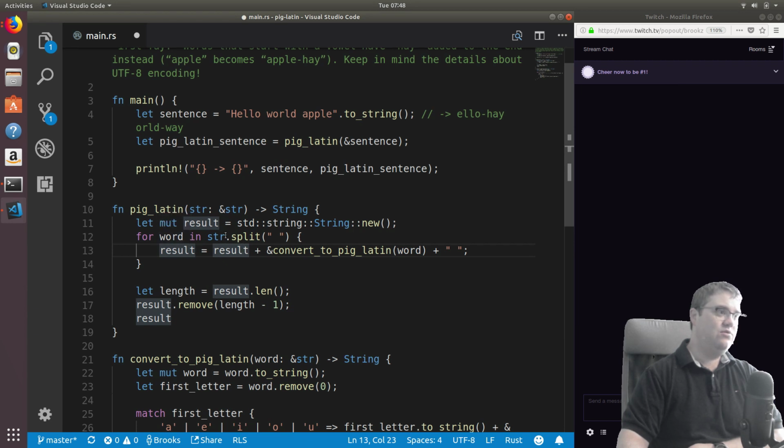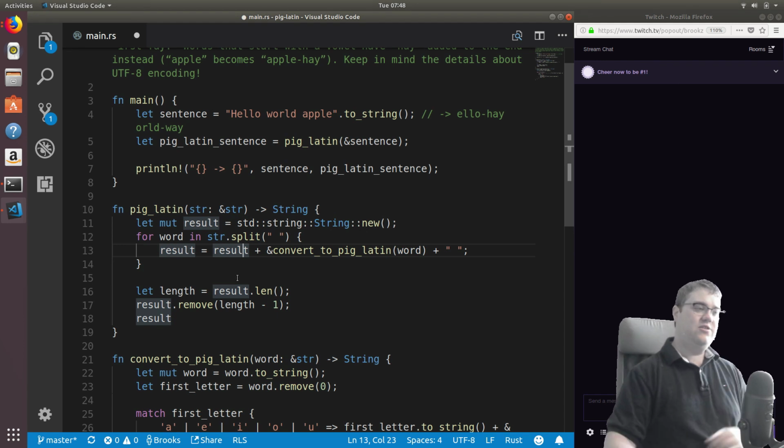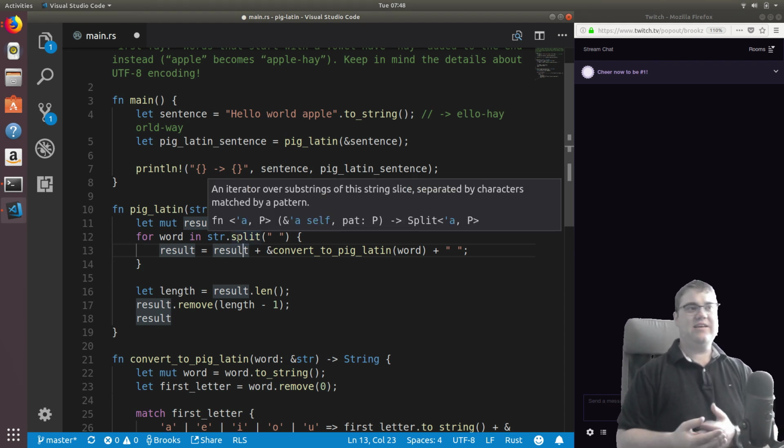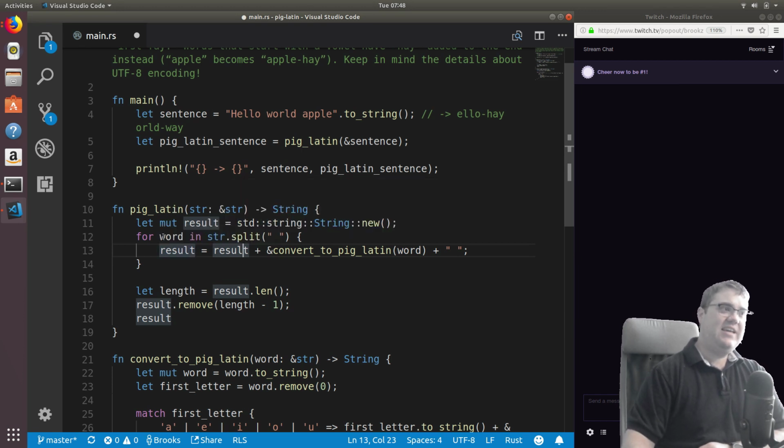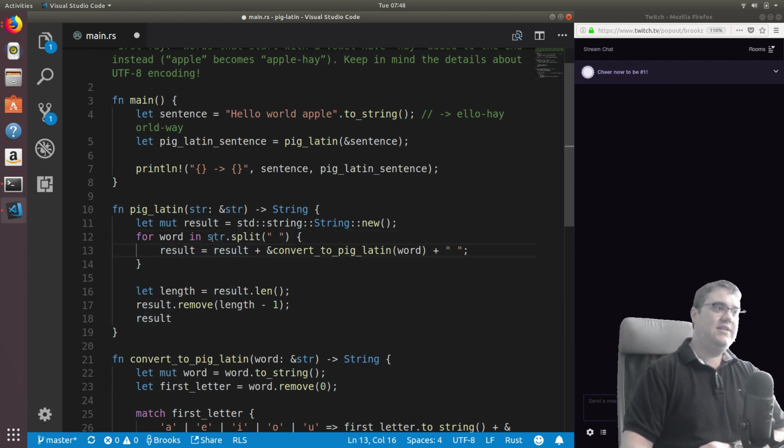We're going to split through, which is an iterator, so it's not really an array, but it's basically going to say, hey, get the next word, get the next word, get the next word, split on this space. We're then going to be able to take this result and recreate it,